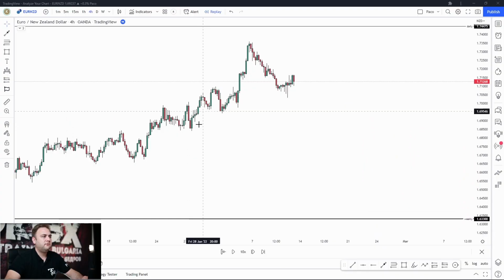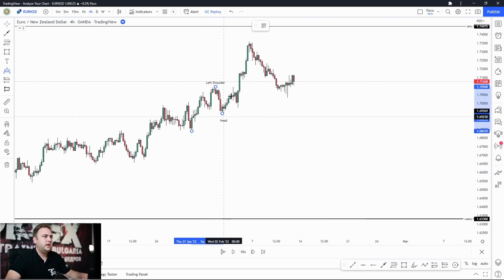Okay, what is the head and shoulders pattern? The head and shoulders pattern is exactly like a human body. It means a left shoulder, head, and a right shoulder. And you can see on the price here, we have an uptrend with higher highs and higher lows. But here we can see that the price has made a higher high and one very large high after this one. From here we can say that the price is probably making the head and shoulders pattern,